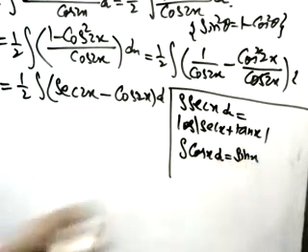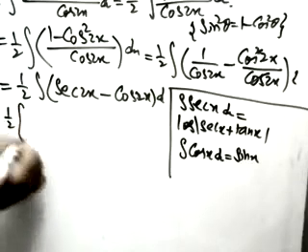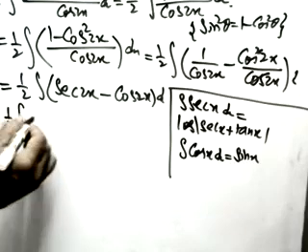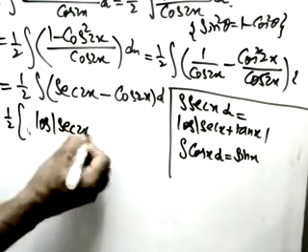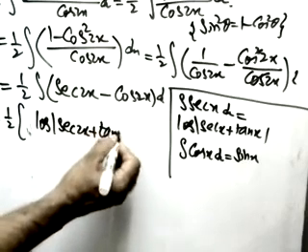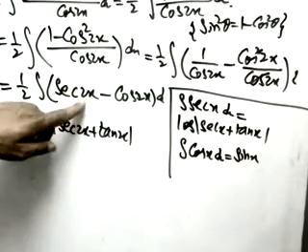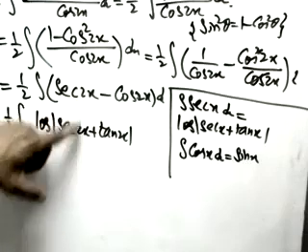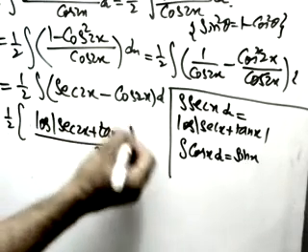So let me make this half into integration of secant x, which is log of mod secant x plus tan x. But you see here, watch carefully. With x we are having 2. In integration this 2 will be divided and this 2 will come in the denominator. So by 2